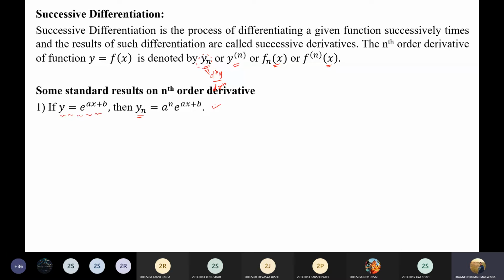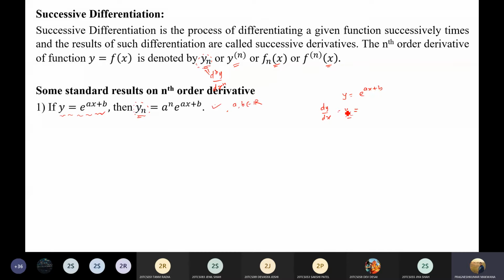So everyone knows the first derivative of this exponential function, yes or no? Yes, sir. Very good. So how can you obtain the nth derivative of this given function? So here y is equal to e raised to ax plus b. Here a and b belong to R. So what about y1? Y1 means dy by dx. In this semester we use this symbol, so try to remember this symbol: y1 means dy by dx.